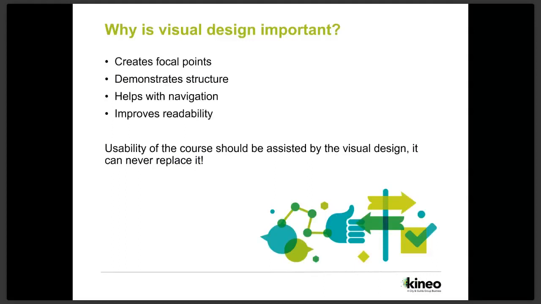How you navigate through courses, not just through menus and so on, but typically through pages, whether that be scrolling or screen-based, all of those things should be indicated to you by the visuals. And as we were saying, the readability of the course. Some studies have shown that people read across screens in an S shape, the way that they scan the screen. So we've been thinking about how that relates to some of the visual principles that we'll be looking at. But the key thing is that the usability of the course should be helped by the visual design. We don't want style over substance.